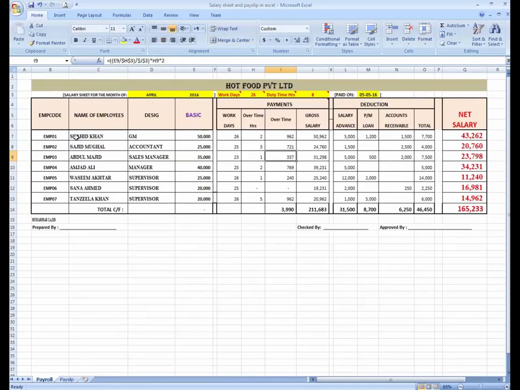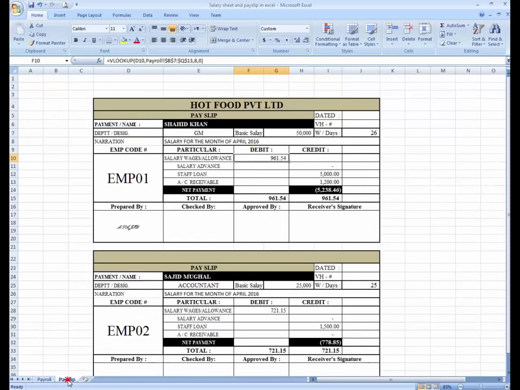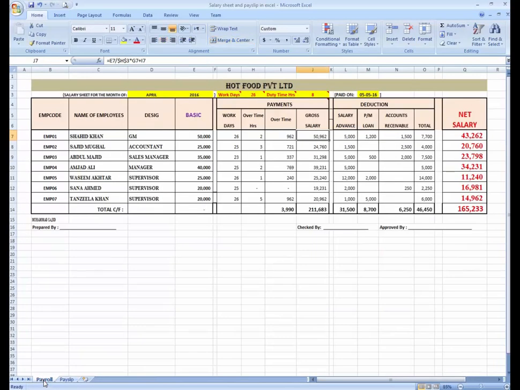For this purpose I'm going to count these columns: 1, 2, 3, 4, 5, 6, 7, 8, 9, and change this from 8 to 9, and 9. This is 9, 10, 11.